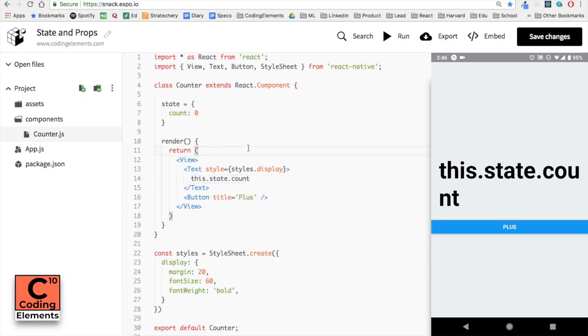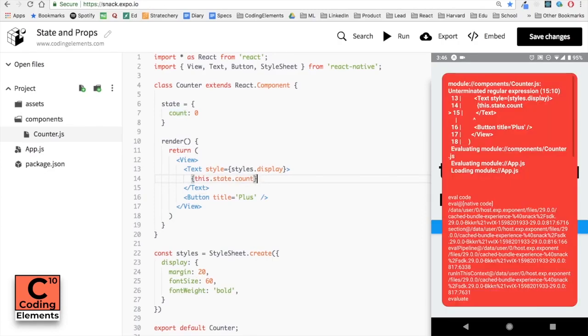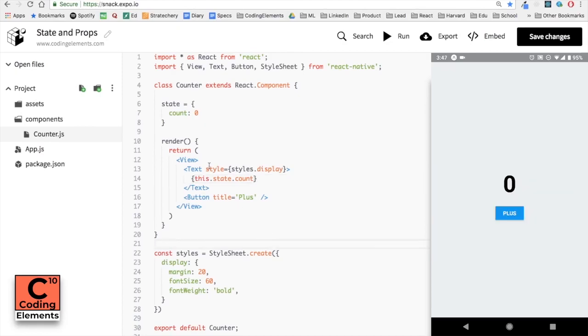Now, by writing this, we can see that this expression is being outputted exactly as it is, because we have not wrapped it in curly braces, and hence it's not being evaluated. But when we do it, we can see that the value of this.state.count is being displayed. And if we change it to 100 in state, then that value will be displayed. So now whatever we set the value of state.count to be, that value will be displayed. From this we can infer that whenever we click on the plus button, if we update the value of state.count or increase it, then that value would be displayed here on the screen.